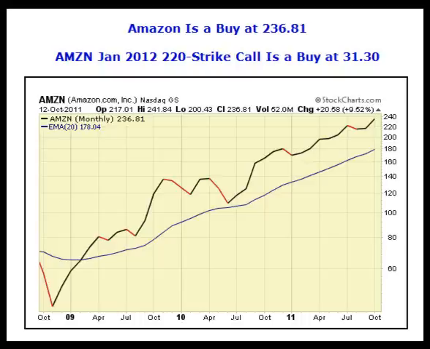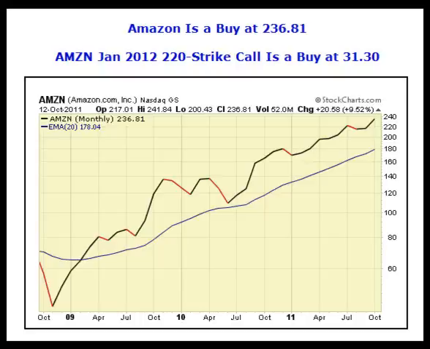So in addition to the strong fundamental indicator where we saw that the stockholders' equity for Amazon was growing at a 338% annual rate, we see it's also in a strong price uptrend. So this stock has a lot of potential to the upside,